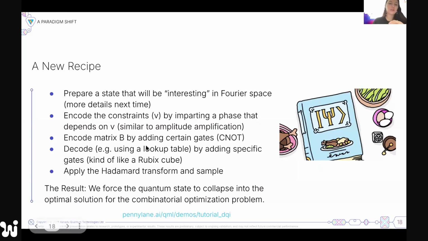In this case, we're going to use a lookup table. This is like cheating. You cannot really do this with a lookup table for real, very big problems, but you can use lookup tables for a small example like this. In reality, you would need other decoding techniques. So this is where the quantum error correction stuff comes in. It's hard to do, but it's possible. You probably heard a little bit of this in your previous session.